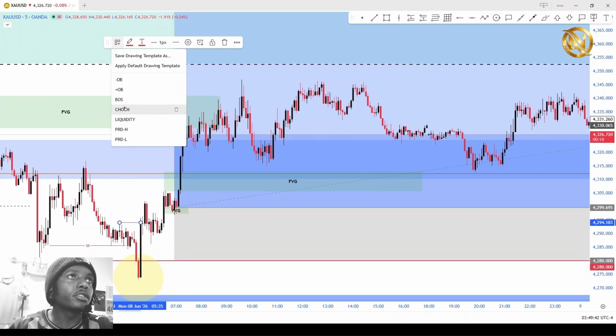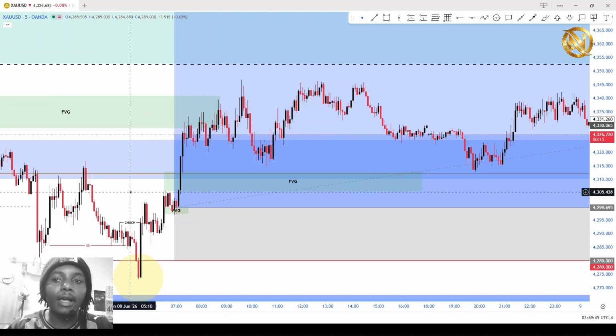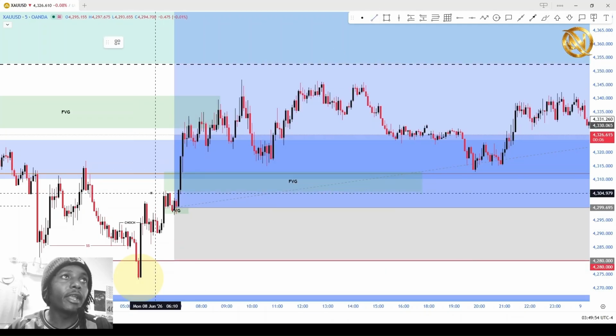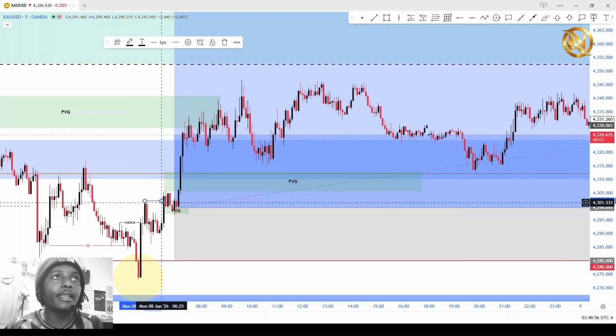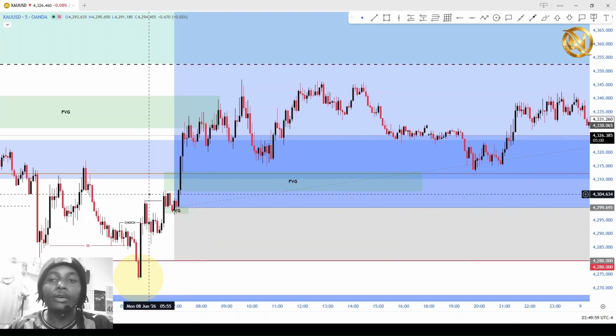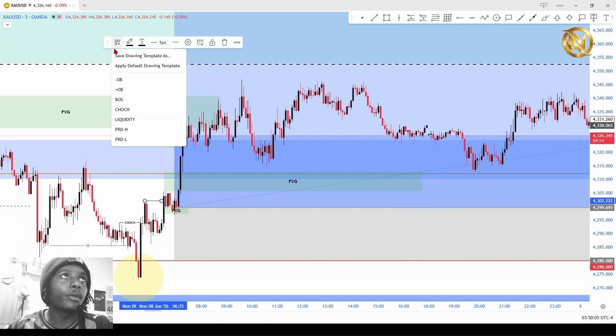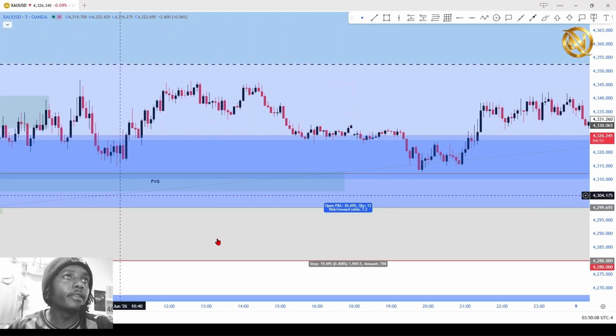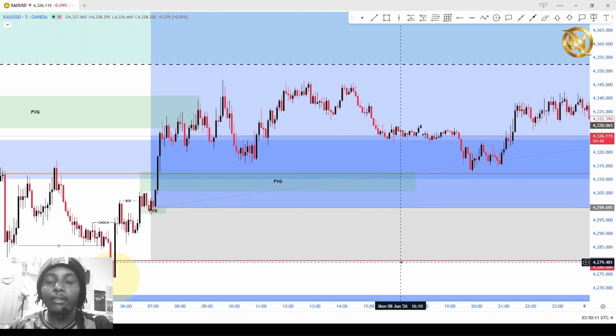So we had a change of character, and that was not a clear confirmation, because I like to refine my edge or my entry level. So I waited for a break of structure for me to have a clear range, and a good stop loss, a good psychological stop loss area. So at around this level, after we broke structure to the upside, now I was looking for any form of imbalance. Any form of imbalance includes the fair value gap, the order blocks, the opening gaps, the optimum trade entry level.